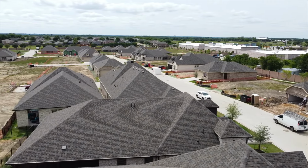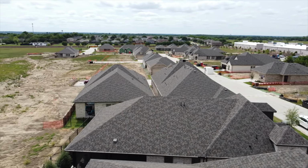We're going to get inside 2 of these models right here, and then we're going to get into the inventory homes, because as you know, these model homes show you every bell and whistle. So we want to give you an idea of what you can realistically expect and what the price ranges are. But what I like about this community is it's a perfect location right off of Lake Louisville,